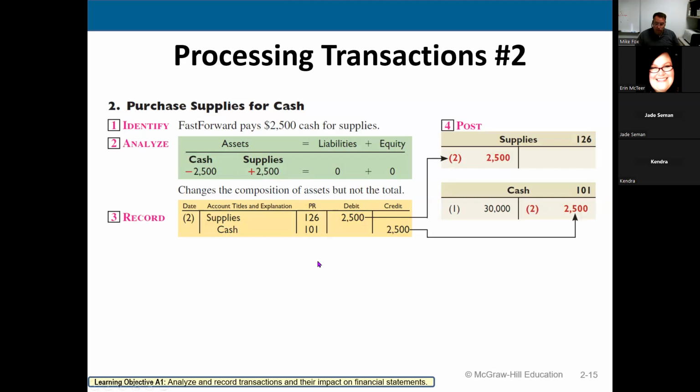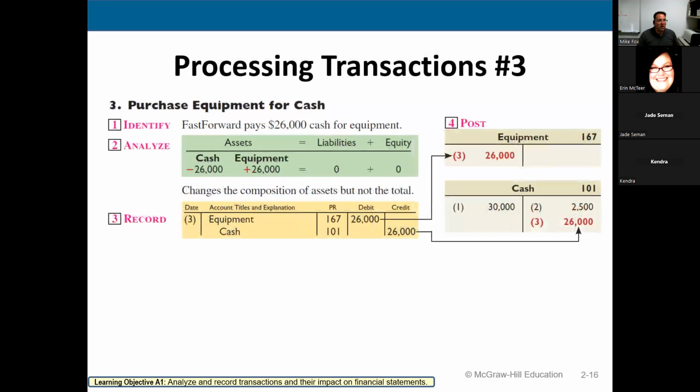But I'm just kind of stepping you through the process. There's a part of their process, 3A, to record the journal entry. And then for my brain, 3B is to make sure my debit and credit entries balance. I always just do that real quick. This one's easy, right? Because they're just 2,500, 2,500, but sometimes they're a little more complex.